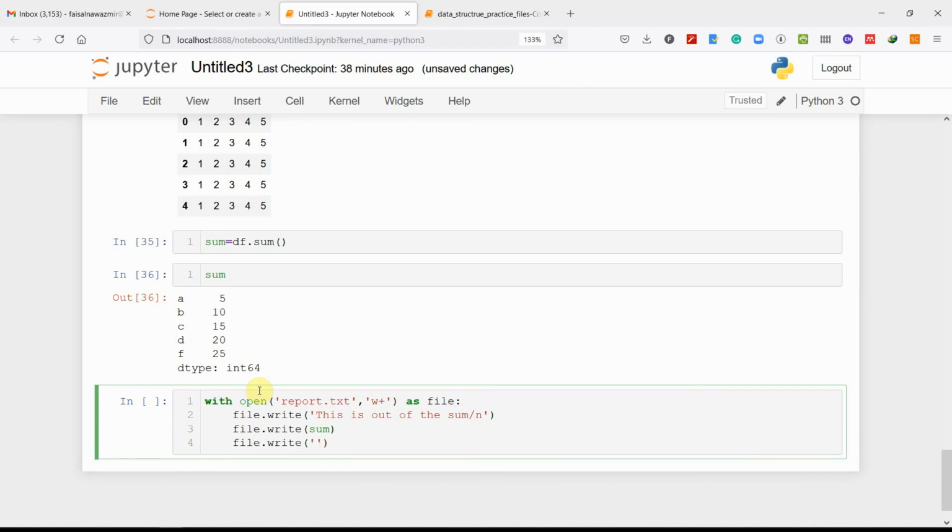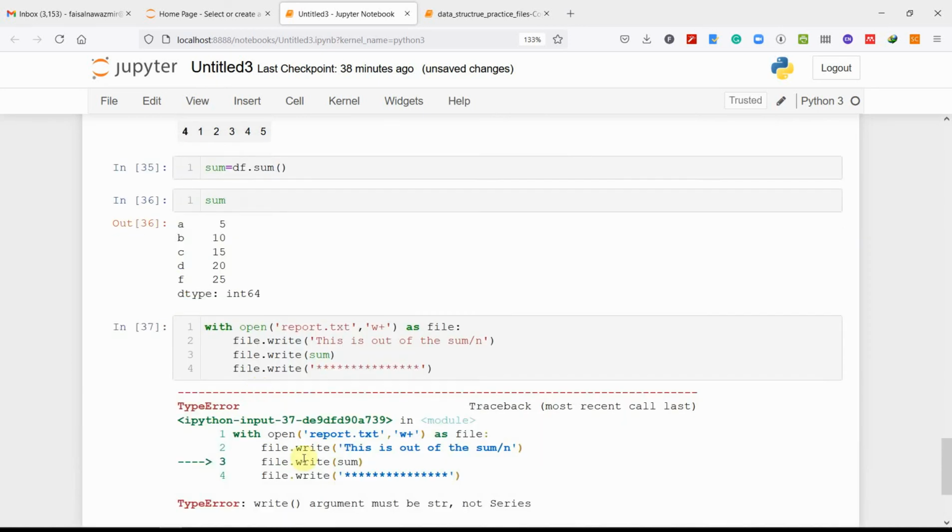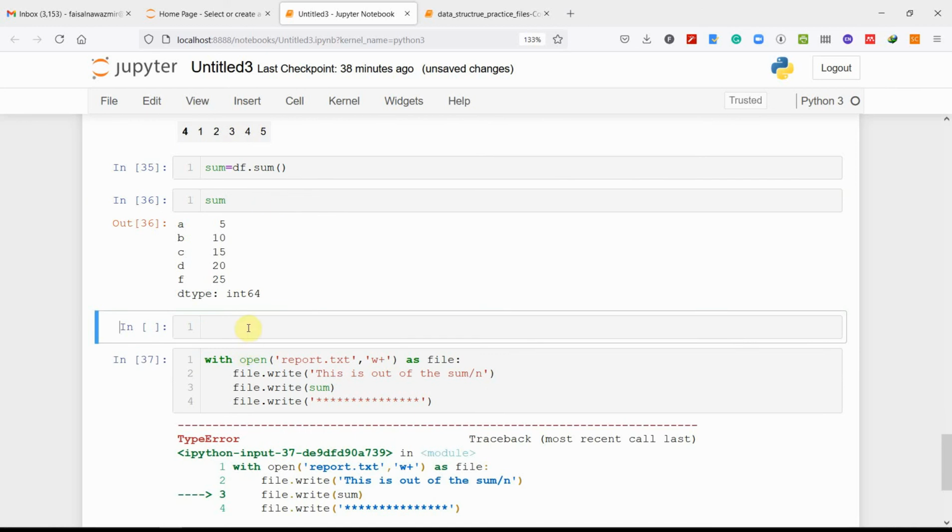It must be string, not series. So to make it a string, you have to use the repr function that converts the sum into a string, or simply convert the sum into a string, and now see